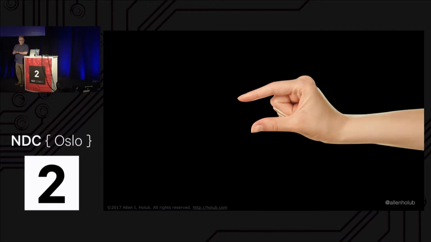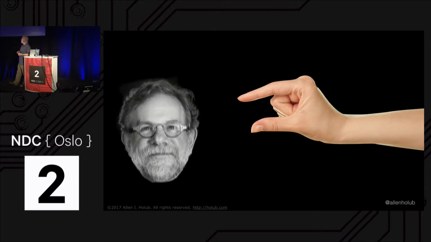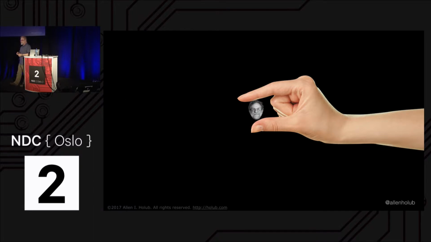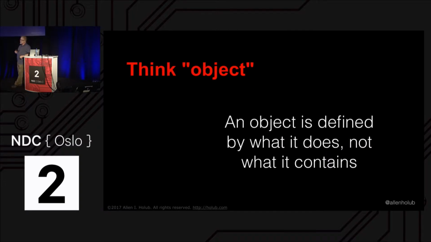The second characteristic that's important is that microservices are small. The usual rule of thumb that people have been using for the last year or so at least is that a service should be the size of your head. The way that I interpret that is that you should be able to have everything about how the service works in your head at once. The best way to think about this is in terms of object size. I think a good size service should be implementable as a single class, and it should be a class that follows all the usual rules about classes and how big things should be.